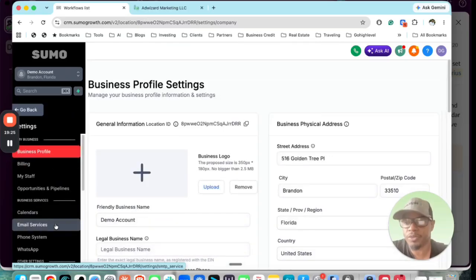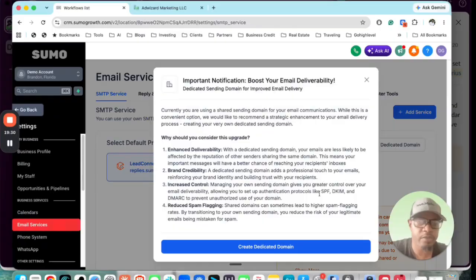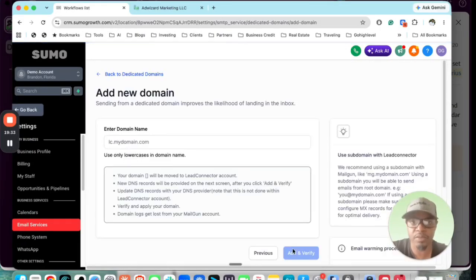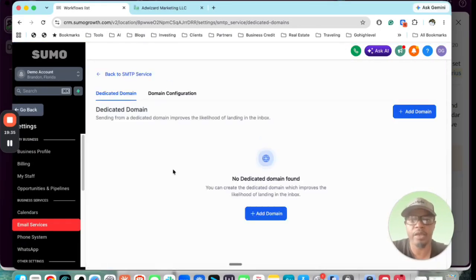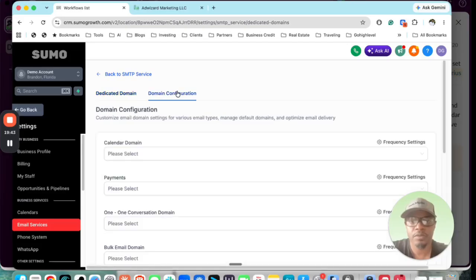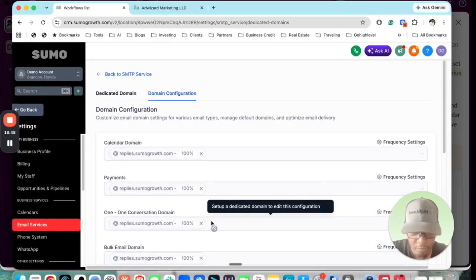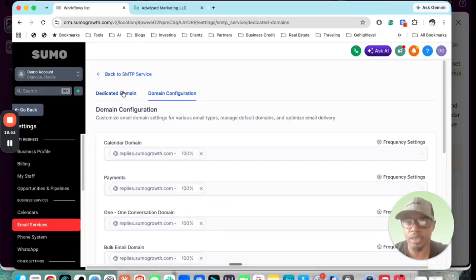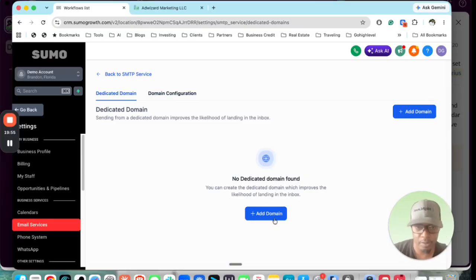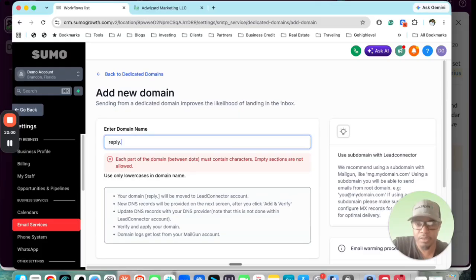Other than that, those are the things I would start with first, right? Also, like I said earlier, you want to set up your email services. For example, this doesn't have a dedicated domain set up. My other main sub account does. Right now it's using my default one, right? So you can have a default one across all sub accounts. I don't recommend it for clients, only for your own sub accounts, because you don't want your clients using your domain reputation, right? So you would come in here, the client would set up their own, let's say reply dot